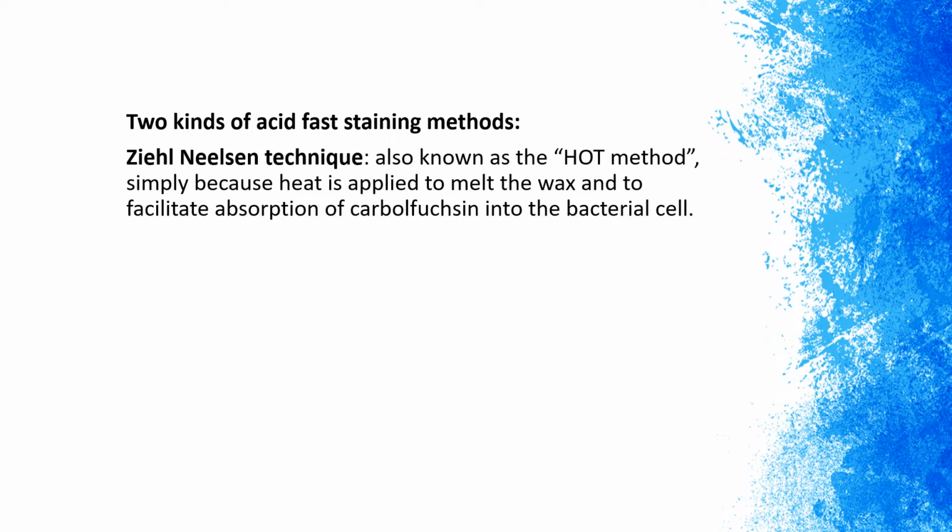There are two kinds of acid-fast staining methods, the hot and cold method. Ziehl-Neelsen technique, also known as the hot method, simply because heat is applied to melt the wax or mycolic acid layer and to facilitate absorption of carbol fuchsin with 3% phenolic compound into the bacterial cell. If the bacteria resist the decolorization by acid alcohol and retain the primary dye after counterstaining, they are called acid-fast